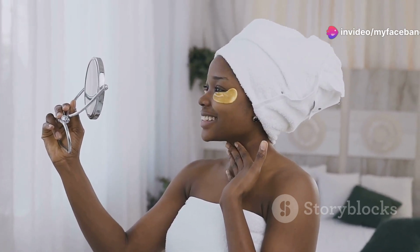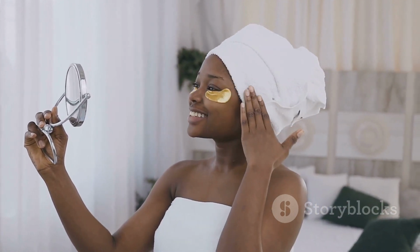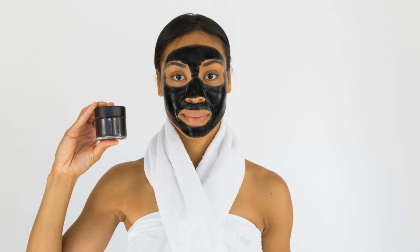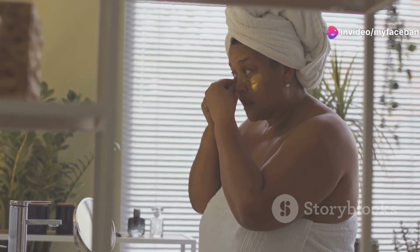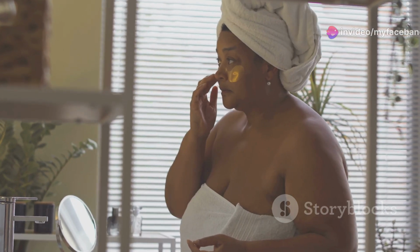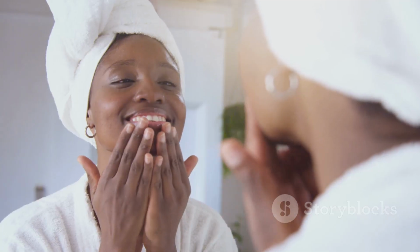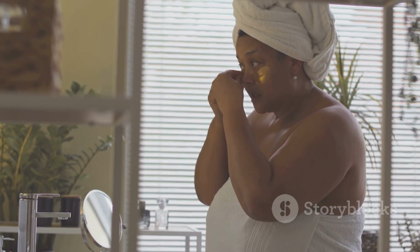Even a single night of using an overnight mask can make a noticeable difference in your skin's appearance and texture. One of my favorite overnight masks is the Laneige Water Sleeping Mask. This product is a cult favorite for a reason. It's packed with hydrating ingredients that quench your skin's thirst overnight. It's like a tall drink of water for your skin, leaving it feeling plump, hydrated, and ready to face the